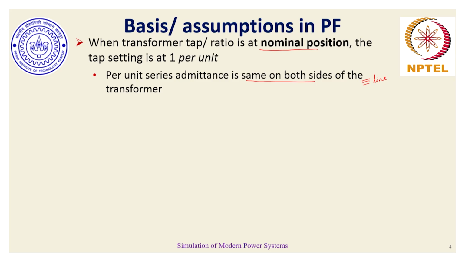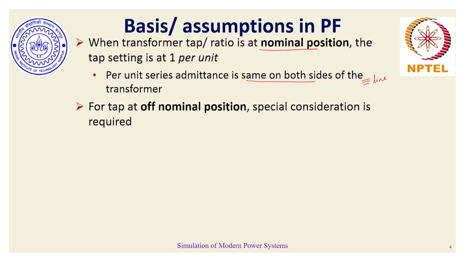But that cannot be the case throughout the system operation. As system variations come in, the load change, network topology change, or any variation that happens in the operation of the system, transformers also have to change their tap value in order to provide voltage support and regulation of power flow, both in terms of real and reactive power flow in a given transmission network. So the tap position varies as per the desired system operation, which again involves solving an optimization problem. And from there we get this off-nominal tap position.